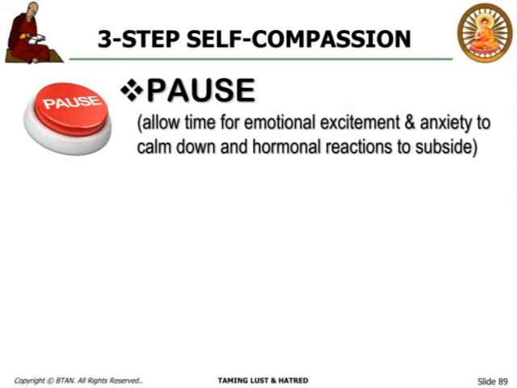When something arouses your emotion, now all these make up conscious relaxation. When something arouses your emotion, what do you do? You pause. Do not react to it. The first thing you do is allow time for your bodily reaction. See, your body has already reacted physiologically. Hormones are released. Now allow time for this emotional excitement, anxiety, to calm down, and your hormonal reaction in